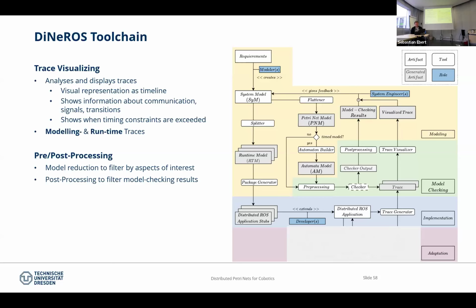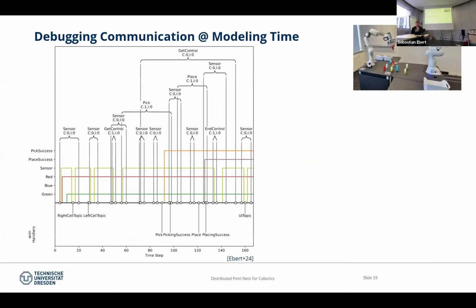If we want to have a look at the communication, so we want to debug it, we want to check whether there are maybe communication flaws, it looks that way. It's a big diagram with many lines, and if you have a long-running application, it's one of the diagrams which never fits on any PDF page. But what we see here is link-based pairs, on the left side basically a pick and a place operation, right?